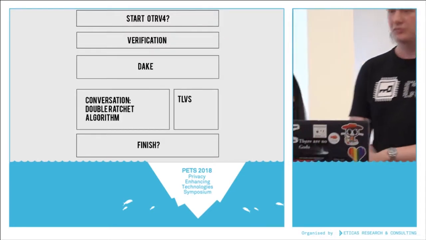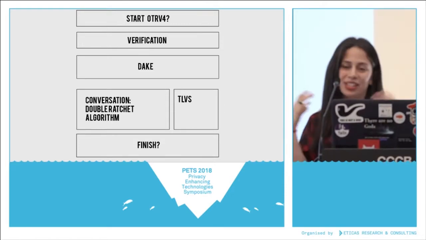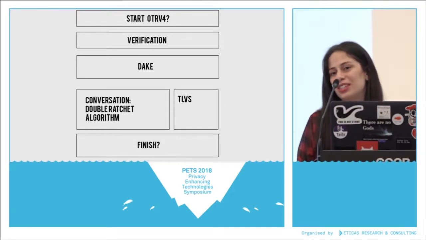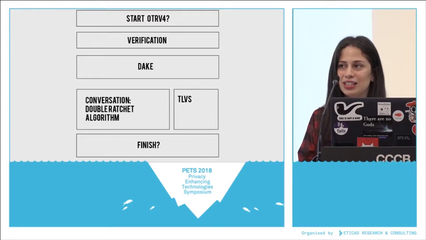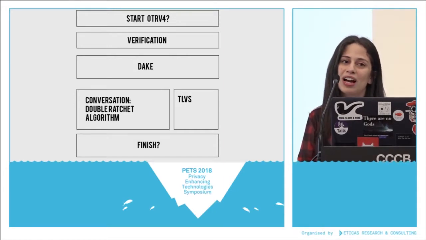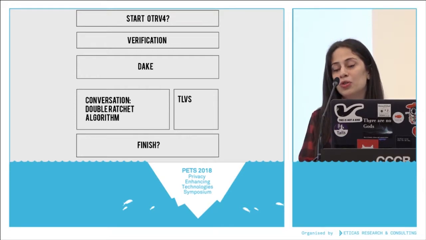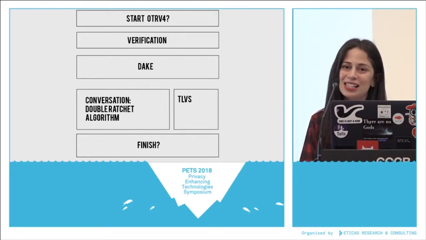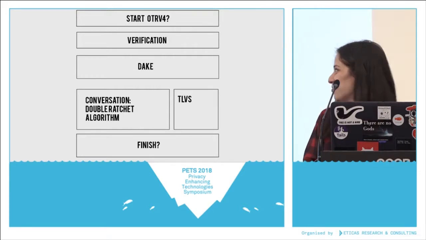Okay, so what does OTR look like? We basically stay with the same architectural design that OTR v3 already had, but we change the cryptographic primitives that we use in it. So basically, at the start of OTR, as we all know, we will have an advertisement of what version you are supporting, and if you support OTR, and if the other party actually supports the version that you are advertising and supports OTR, then you will start the OTR protocol in a secure messaging way.